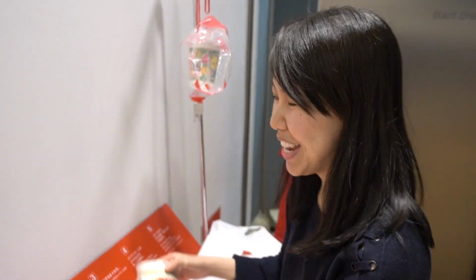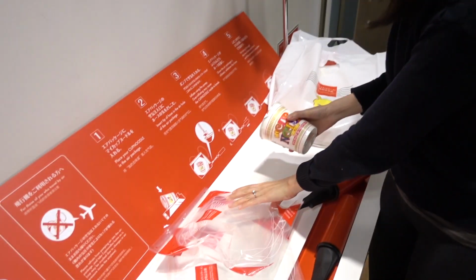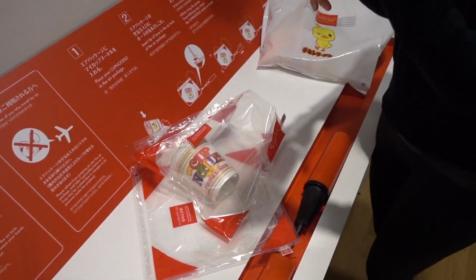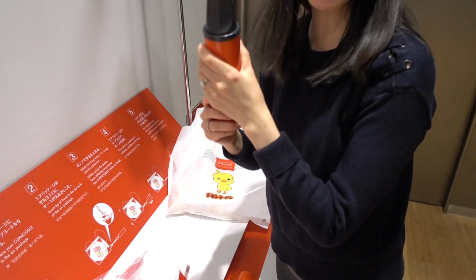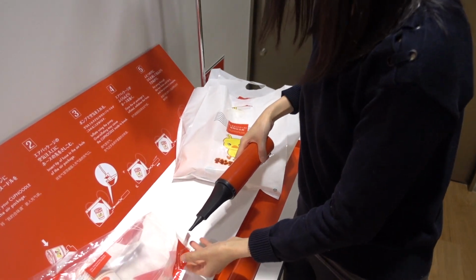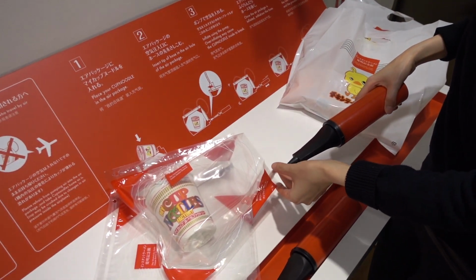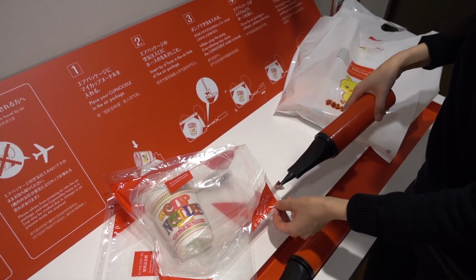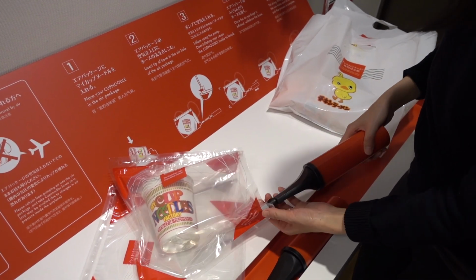Okay, so I figured it out all on my own. No, you didn't. Take the cup of noodle, stick it in its protective bag. You get the ejector, pump, stick it in its little hole. Then